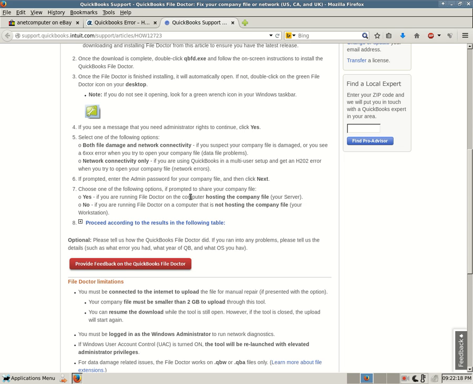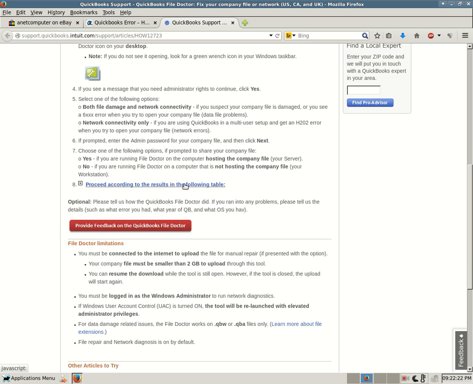Number 7, choose one of the following options. If prompted to share your company file, yes. If you're running File Doctor on the computer hosting the company file, your server. So that's a very important detail. If you are on the same computer where your company file is located for QuickBooks, you want to select yes